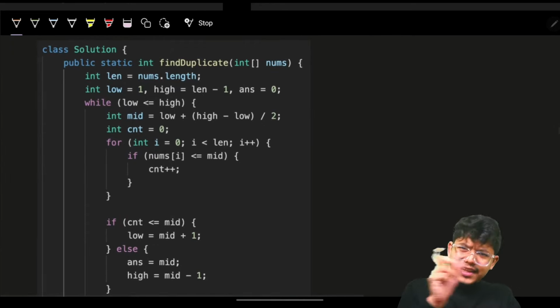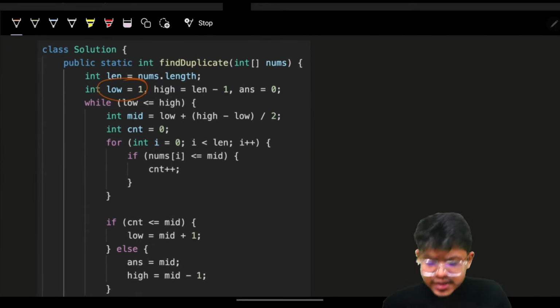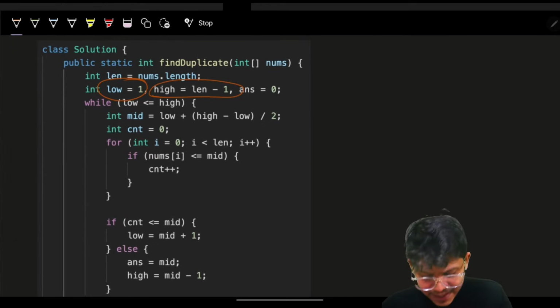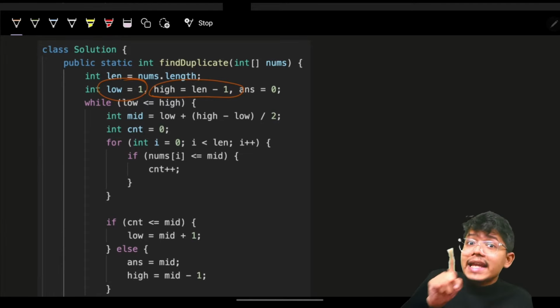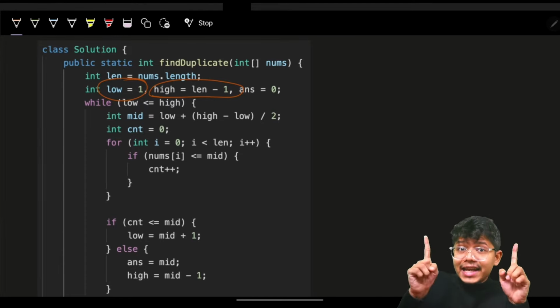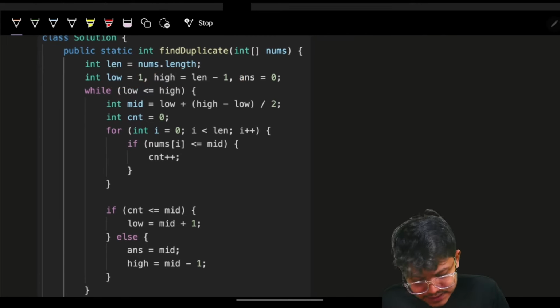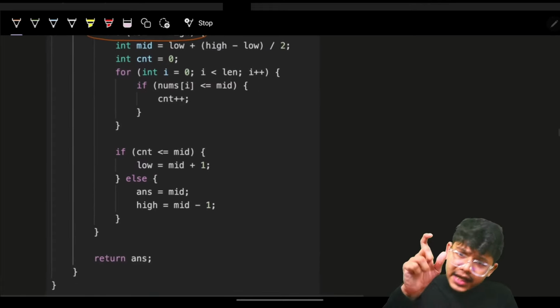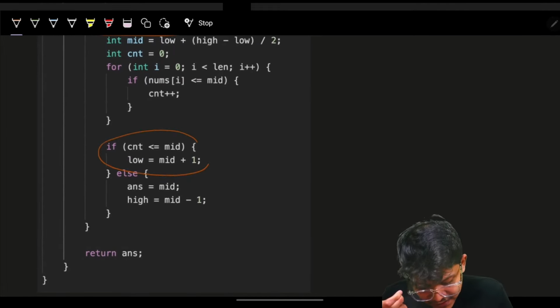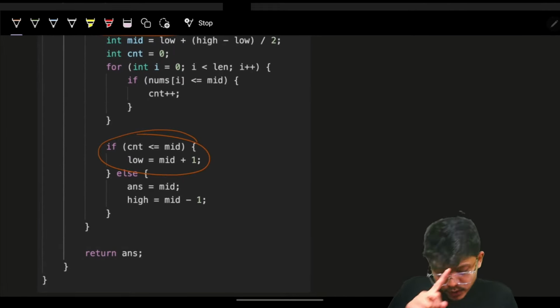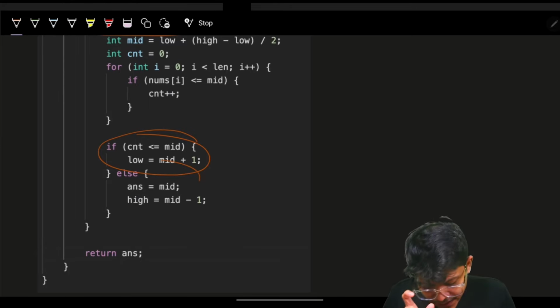So if I just write the same algorithm again, low is 1, high is my length minus 1, because you remember length is actually n plus 1, and I know in my array I have elements from 1 to n. Now by default answer can be 0. Now our simple formula of binary search: while low is less than or equal to high, if our condition is satisfied, then we make low equal to mid plus 1, and if not,